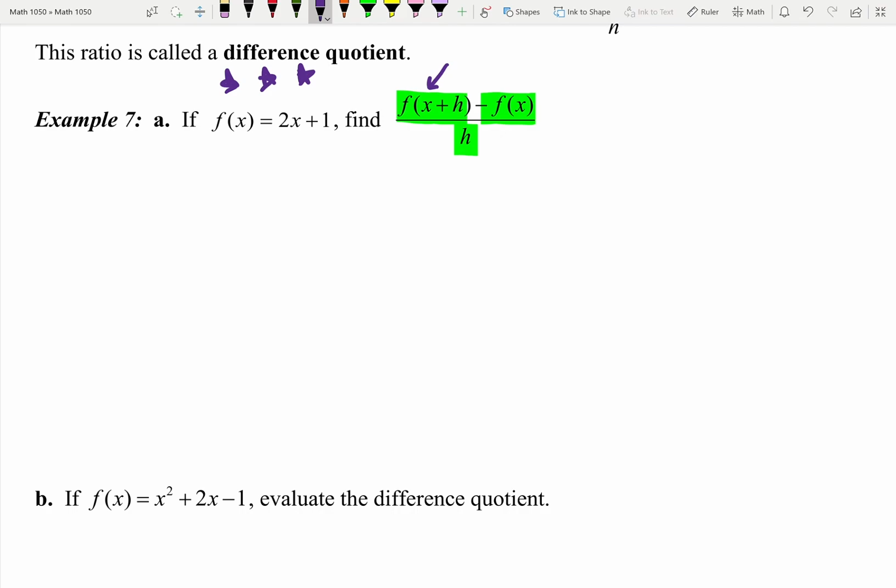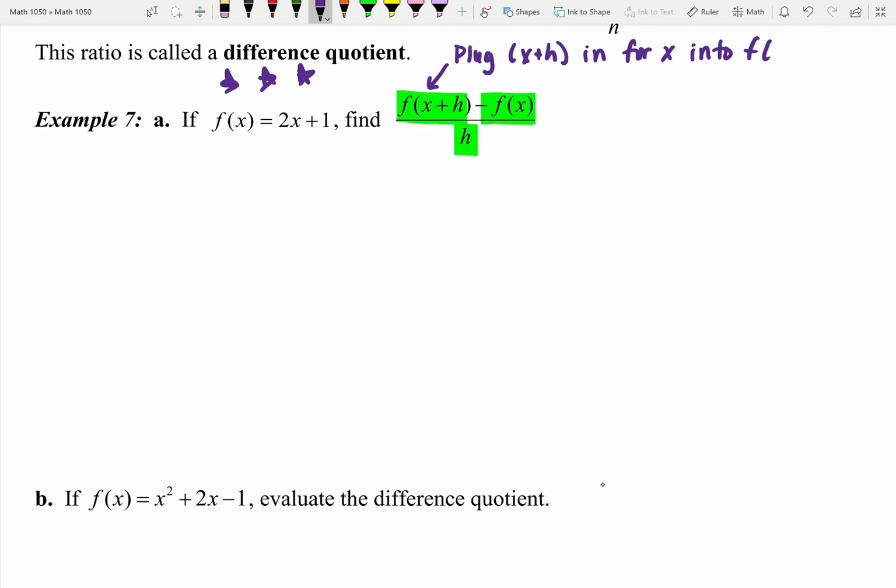And I want you to write this down. What does f of x plus h mean? It means plug in, in parentheses, x plus h for x